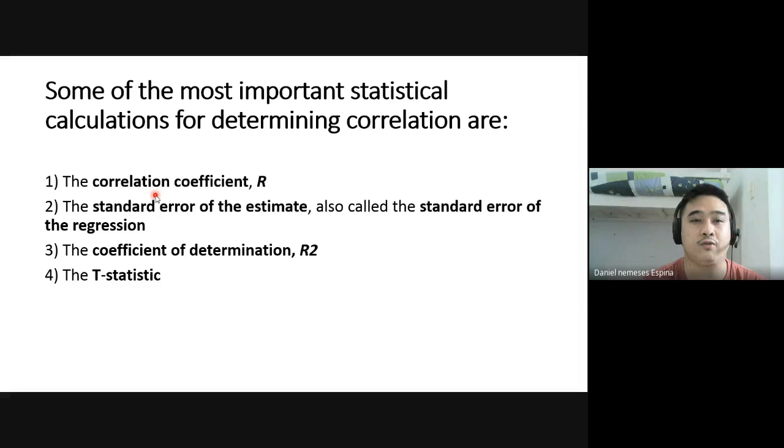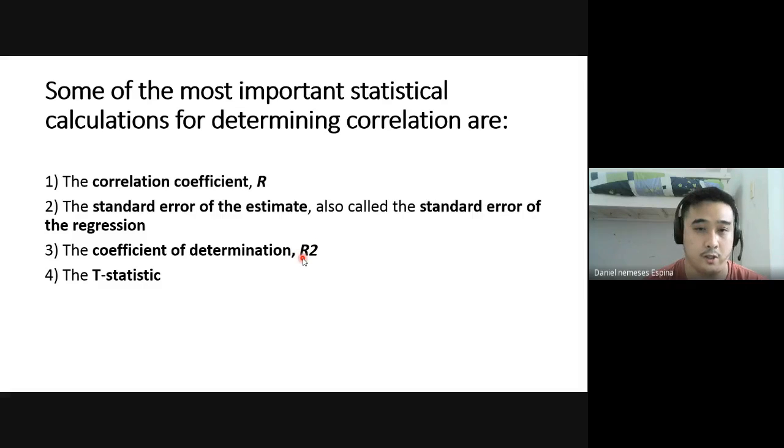So these are some of the most important statistical calculations for determining the correlation. So we have the correlation coefficient, denoted by letter R, standard error of the estimate, also known as the standard error of the regression. Usually it's denoted by S or E. The third one is the coefficient of determination. So actually, kuha din siya, R,